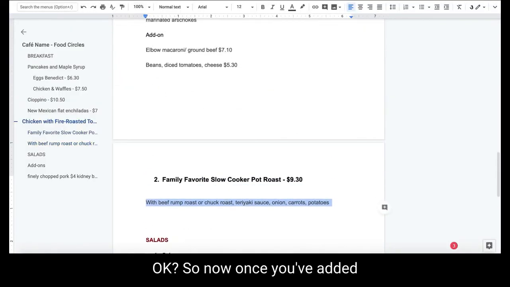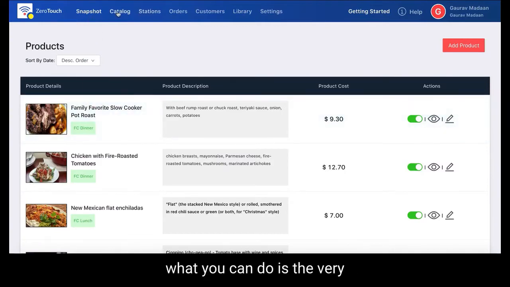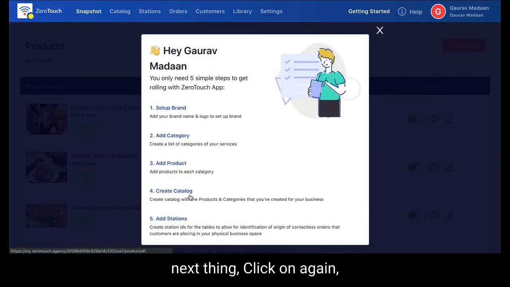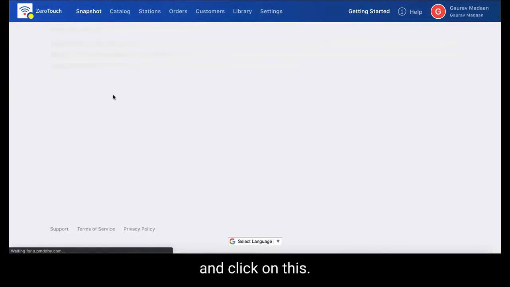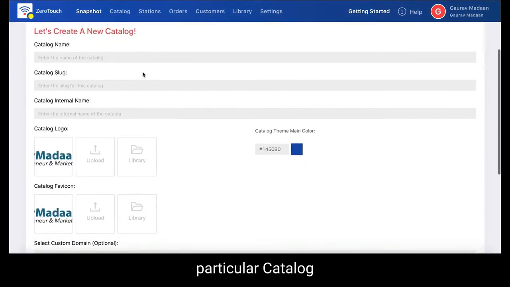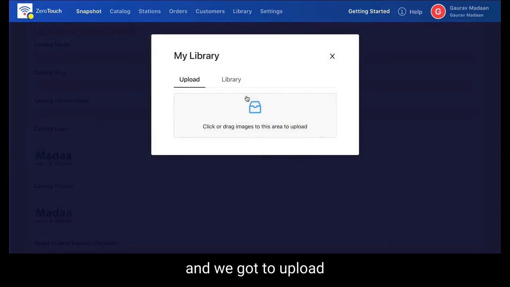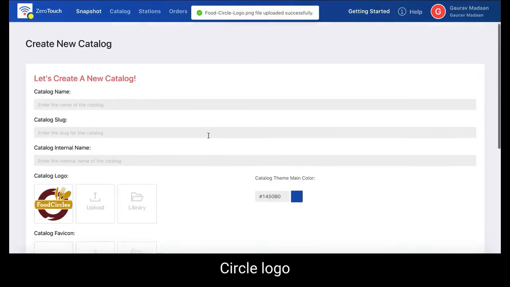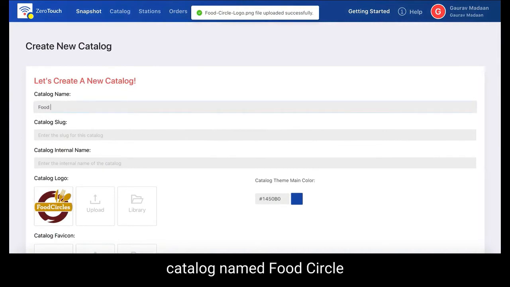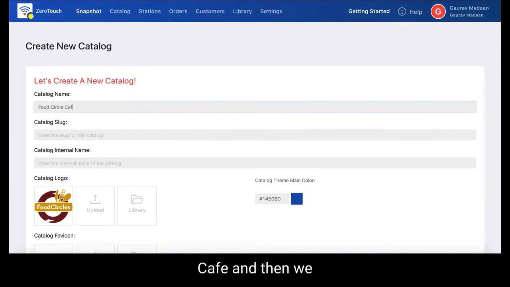Okay, so now once you've added those categories, the very next thing is you click on the getting started button again. The categories are added, products are added, brands are set up. Now we got to go ahead and create a catalog with these products and categories in them. So we click on this, we create a new catalog, and we're going to upload the logo of the catalog. This is going to be the Food Circle logo, and we're going to have this catalog name Food Circle Cafe, and